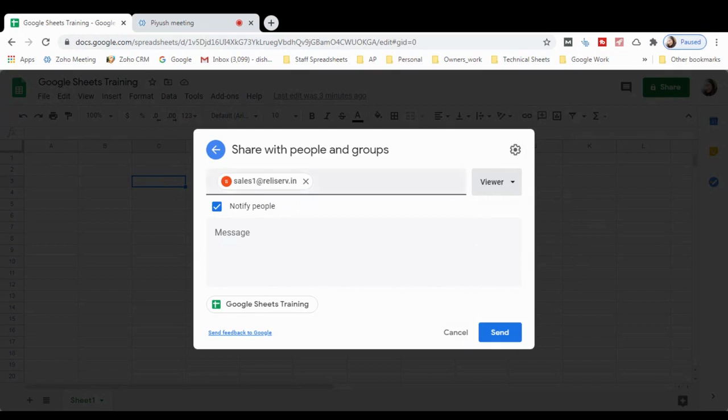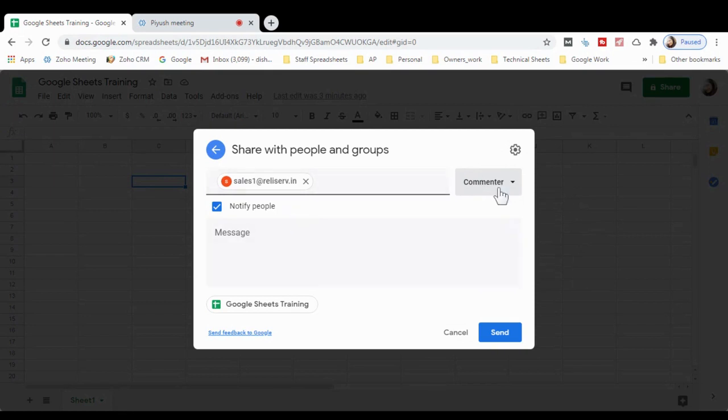So it depends on the purpose, what file you have to share. You can select from here. I really like this feature. If you are working in a company and want to share confidential files, you can simply share from this. A commenter is someone who can only comment in the sheets.